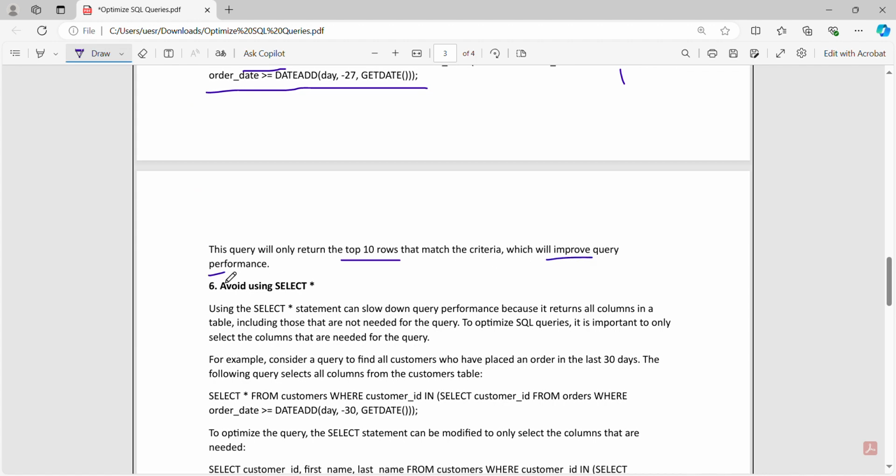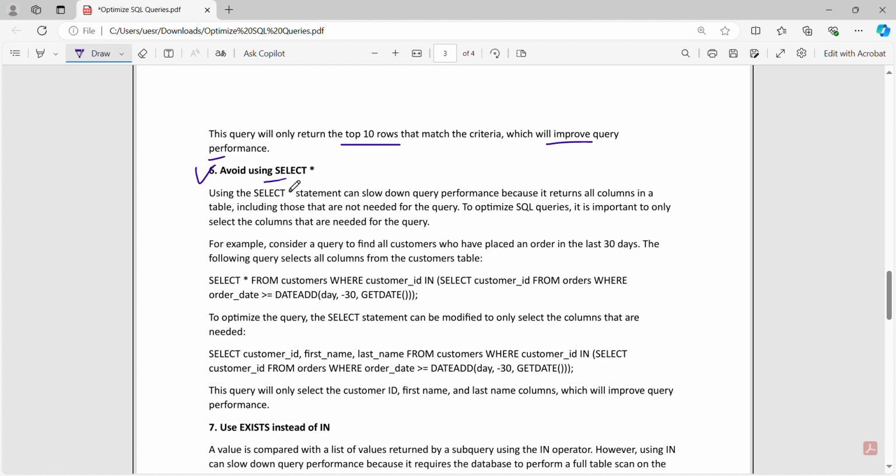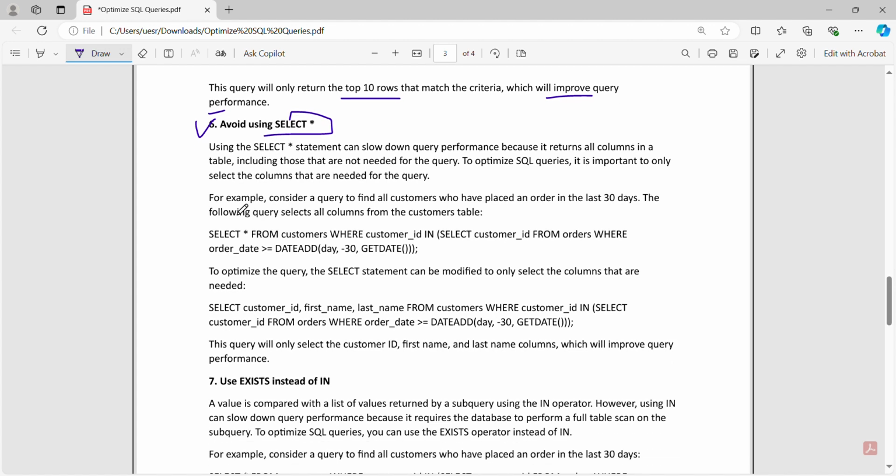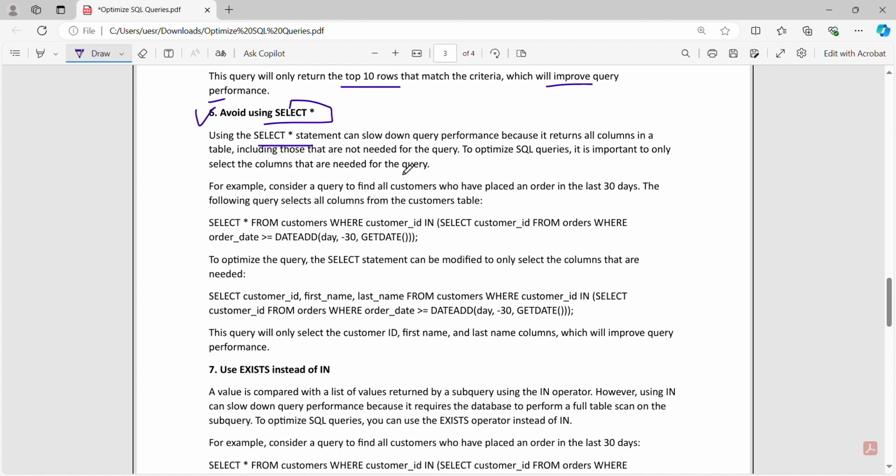Another, avoid using SELECT *. Using the SELECT * statement can slow down query performance because it returns all columns in a table, including those that are not needed for the query. To optimize SQL queries, it is important to only select the columns that are needed. For example, consider a query to find all customers who have placed an order in the last 30 days. The following query selects all columns from the